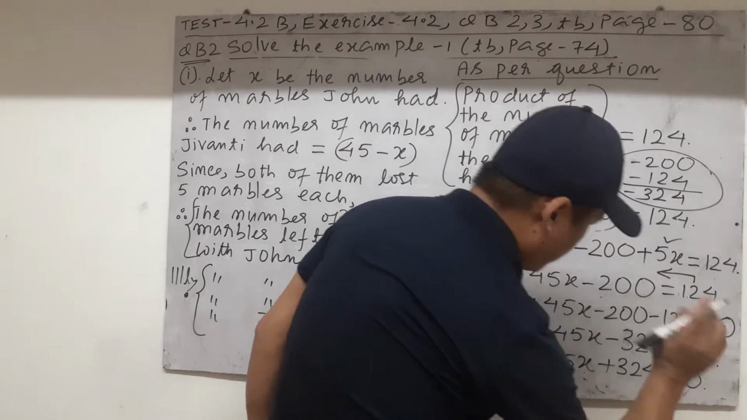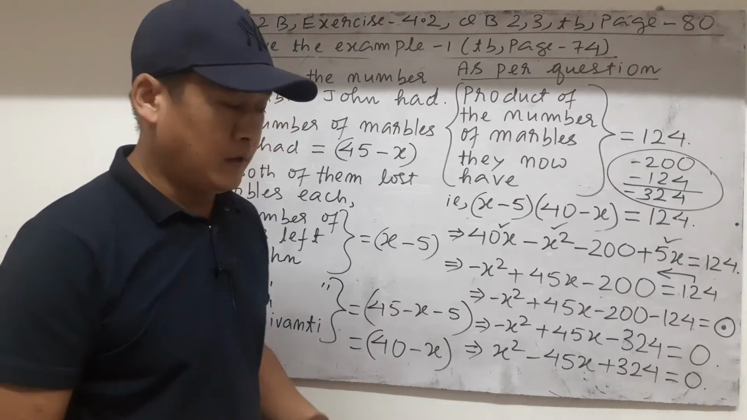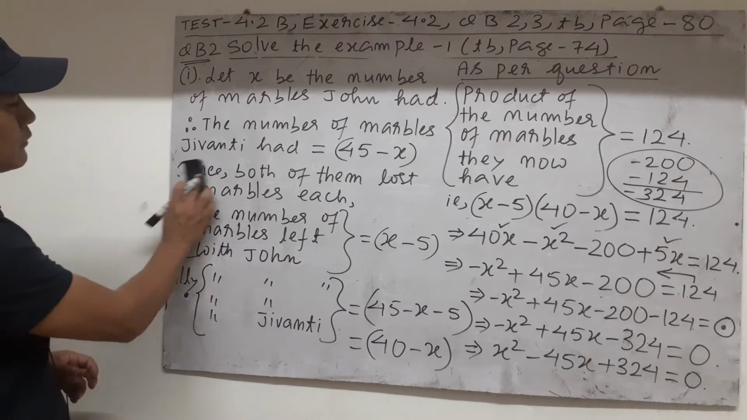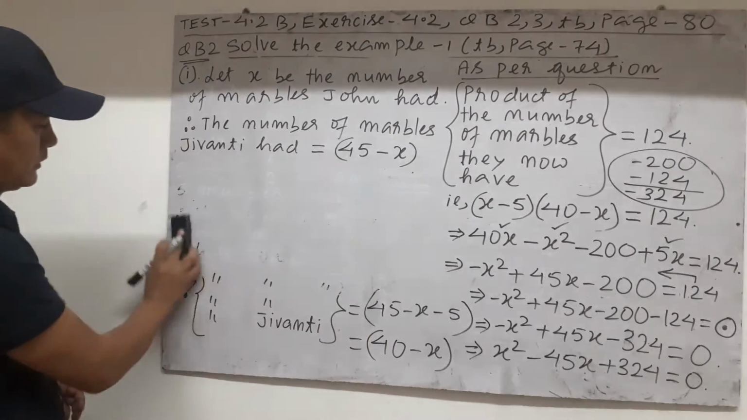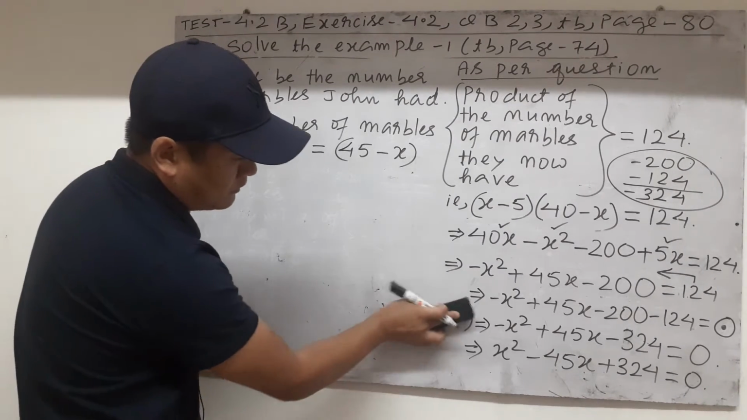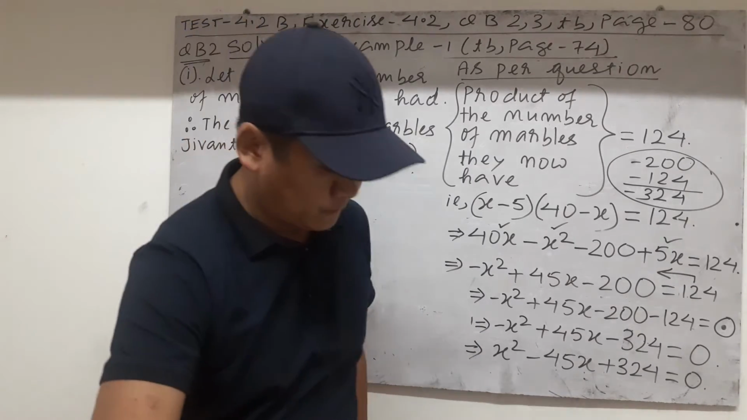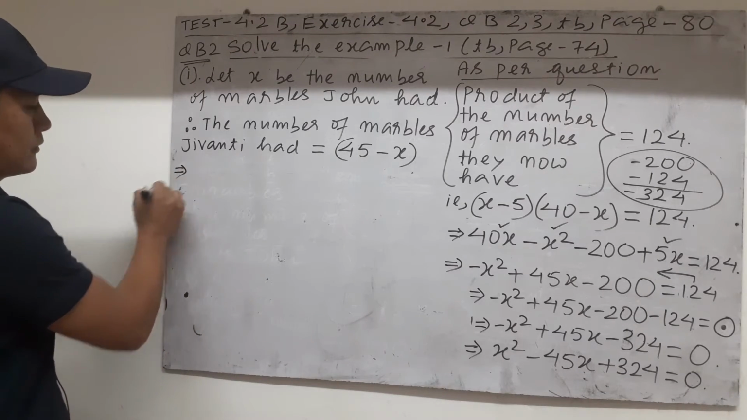324 equal to 0. Now we are going to solve by factorization, by splitting the middle term, because in this chapter we are dealing with solving quadratic equations by factorization, by splitting the middle term. So let us do that. I think it's the same as the textbook. Yes, so here, for that, we know that